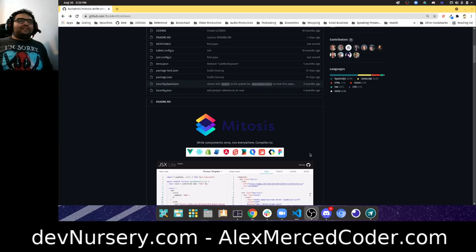So Mitosis' approach is kind of similar, where it's trying to create something where you can build something for everybody. So if you need something for Angular, you need something for Vue, you need something for React, you write the code and then it compiles. The difference is, instead of trying to compile to some sort of universal format like a web component, although it can